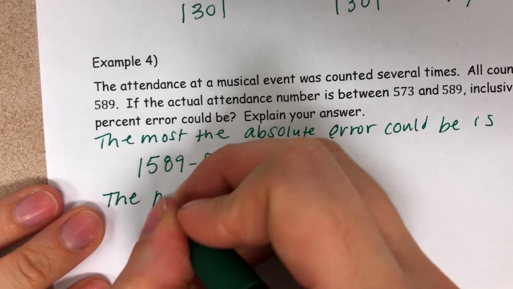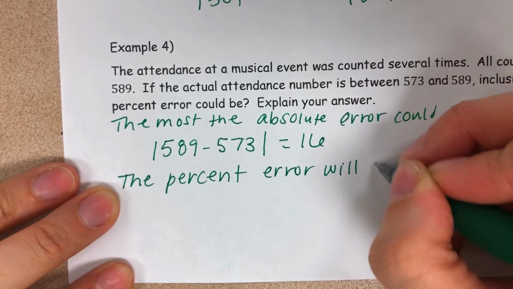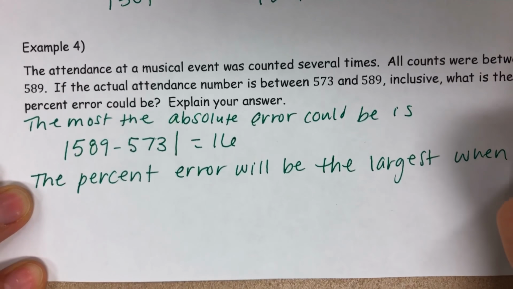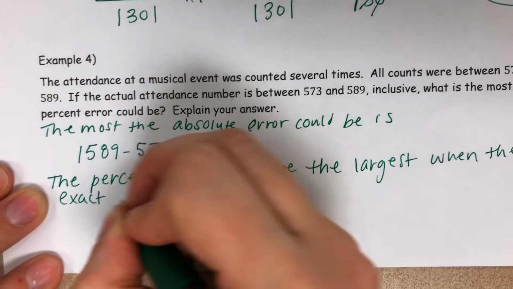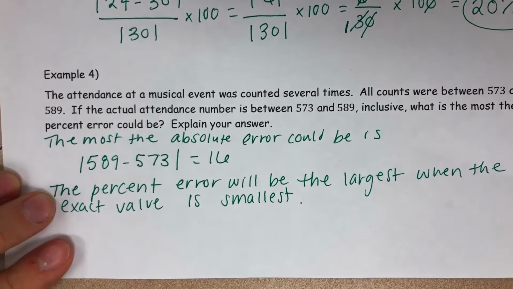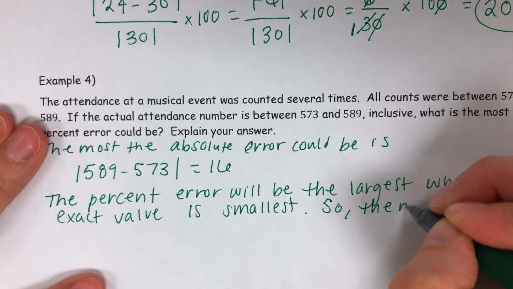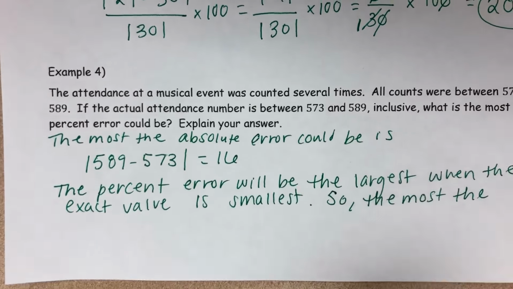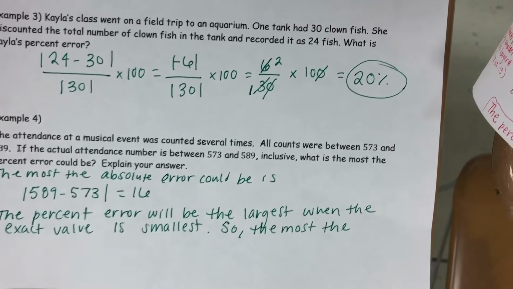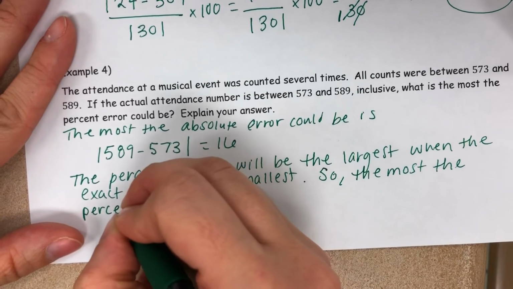This is just something to note so you understand what we're doing next. The percent error will be the largest when the exact value is smallest. So, the most the percent error could be,